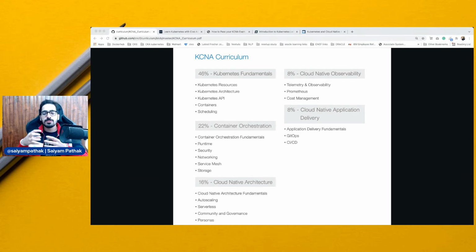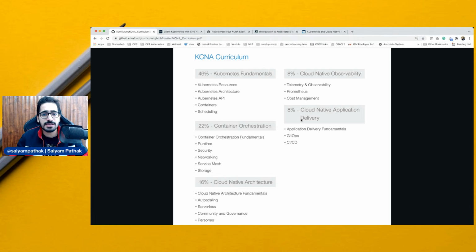Obviously, you cannot learn everything on Kubernetes and then learn Prometheus and try to install that, all that. But the thing is, you need to have a clear understanding of Kubernetes. That is a must. You need to have understanding of the conceptual principles of the cloud native architecture, the CNCF landscape, what all projects fit in what all domains.